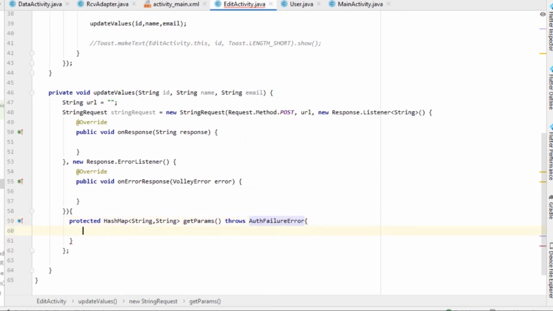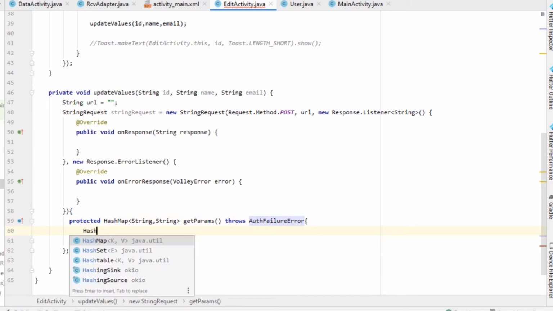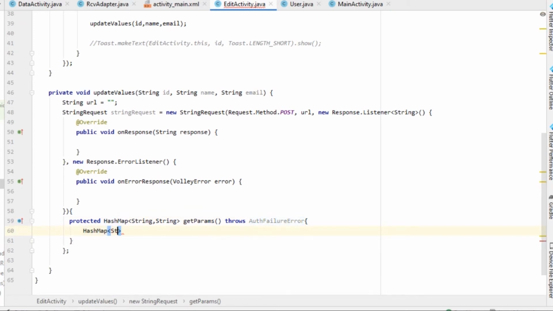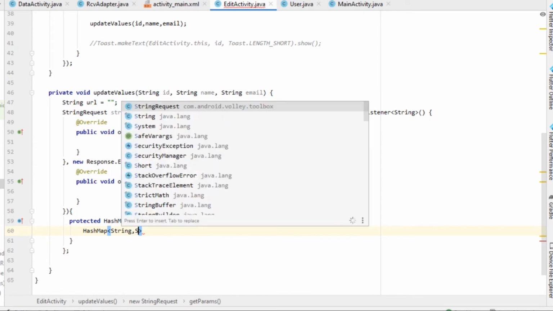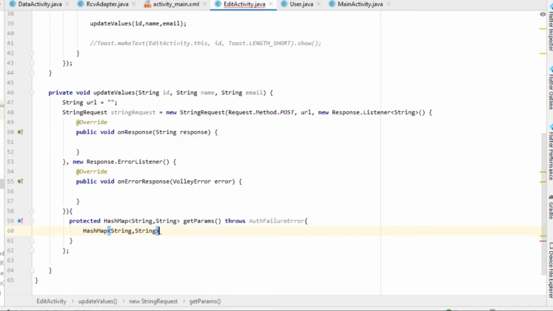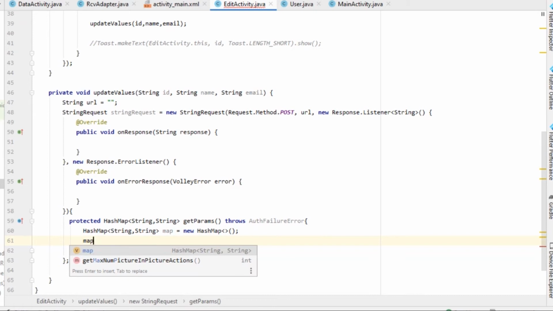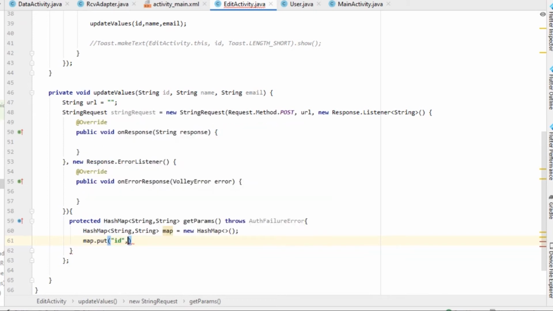And inside which we create a hash map object, map equals to new HashMap, and we'll put all the values inside our map. map.put id will be id,